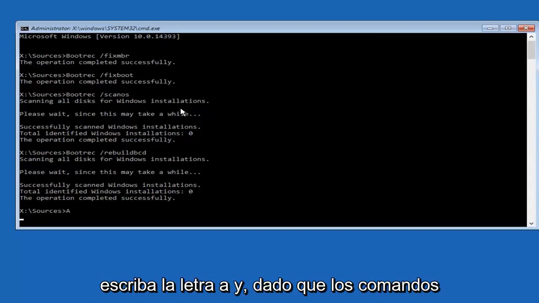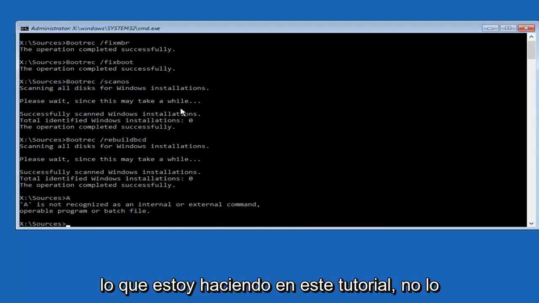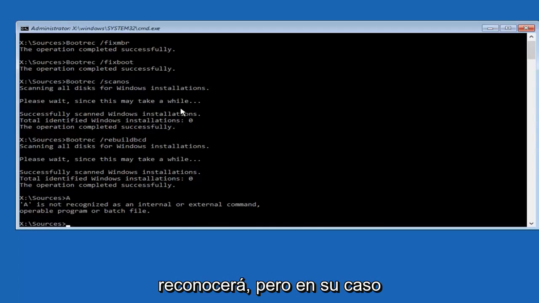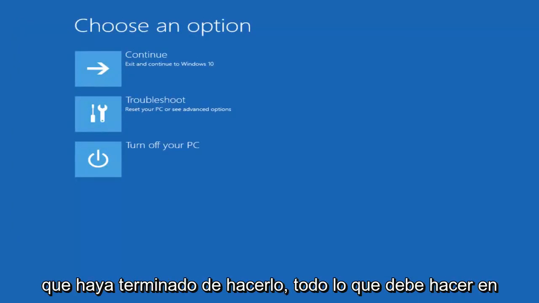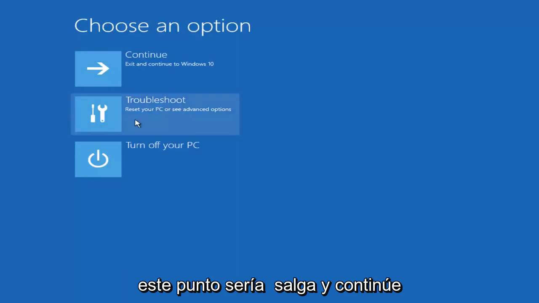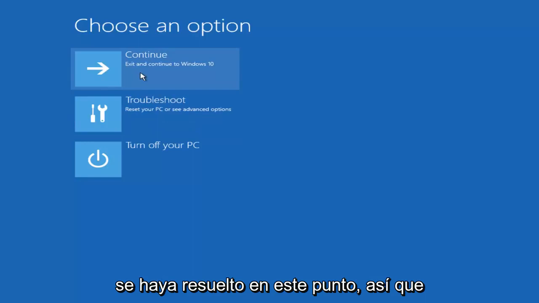So just type the letter A, and since the commands obviously are not fitting in line with what I'm doing in this tutorial, it's not going to recognize it, but in your case you want to type the letter A. And then once you're done doing that, you can just type in the word exit, EXIT, and that'll exit out of the command line window. Once you're done doing that, all you can do at this point would be to exit and continue to Windows 10, and hopefully your problem has been resolved at this point.